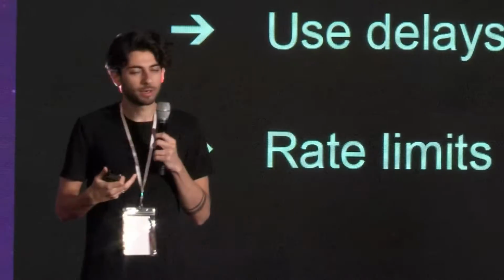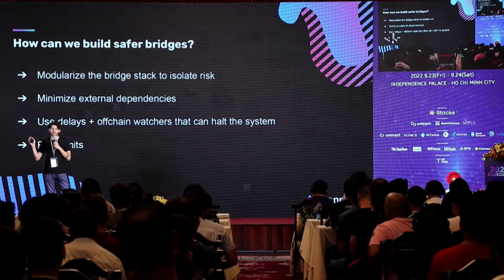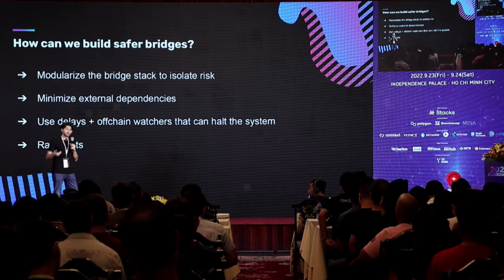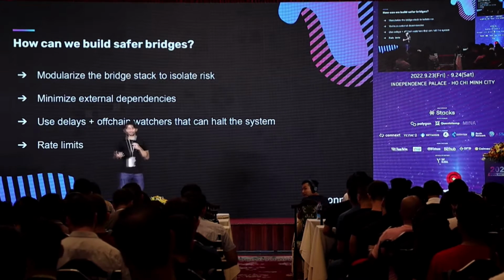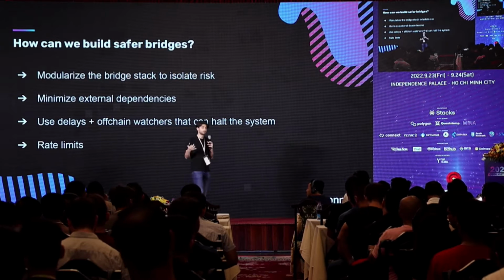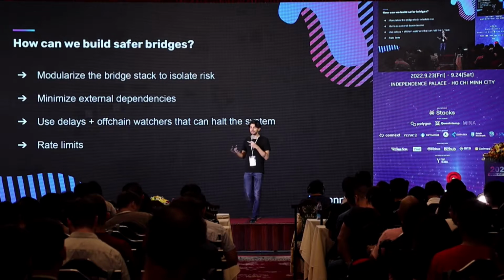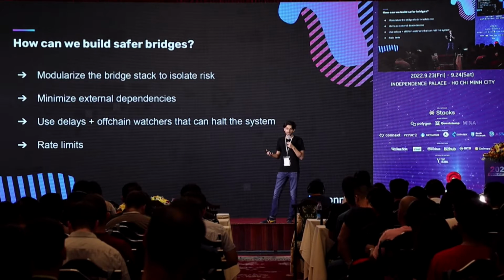The second piece that I think is quite important is minimizing external dependencies. So if you look at a lot of the bridge hacks, for example, the Wormhole bridge hack, right? The Wormhole bridge hack was caused by a cryptography dependency on Solana that was actually implemented slightly differently than on Ethereum. And that cryptography dependency had a vulnerability in it. This is the risk that you take when you're building on top of blockchains, especially a lot of different kinds of blockchains, is that you inherit any security issues that they all contain. And in Wormhole's case, one small issue in Solana caused a $350 million hack.